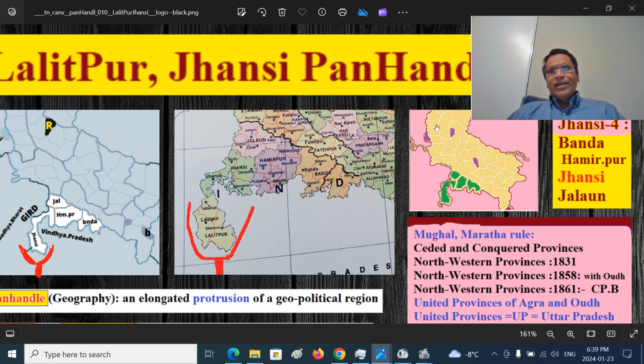And already before that, the British conquered this territory after the second Anglo-Maratha war, after the death of Mahadji Scindia and Nana Phadnavis, in 1801. So that was called ceded provinces and conquered provinces. Some were ceded, some were conquered. Later, it was called Northwestern Provinces. I will show you another map, a very broad region. So a lot of Uttar Pradesh and Madhya Pradesh regions were there. And when the Awadh Nawab was deposed and that area was annexed, it was still called Northwestern Provinces, 1858.